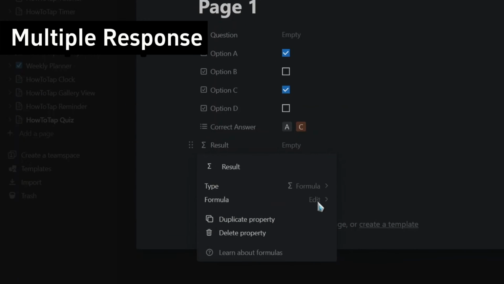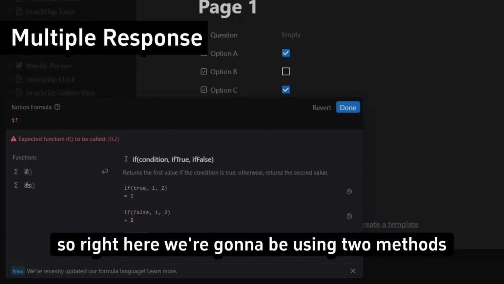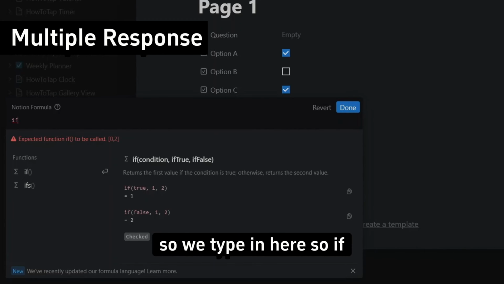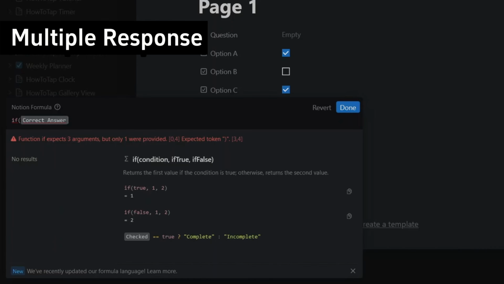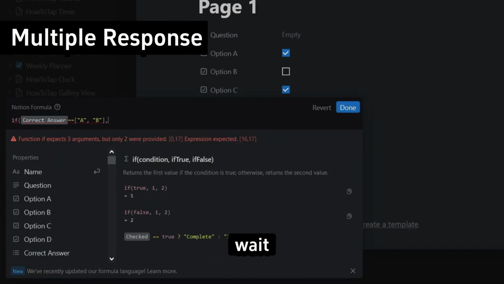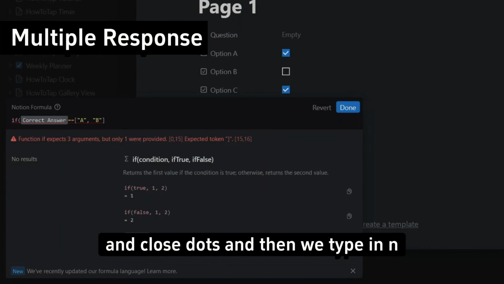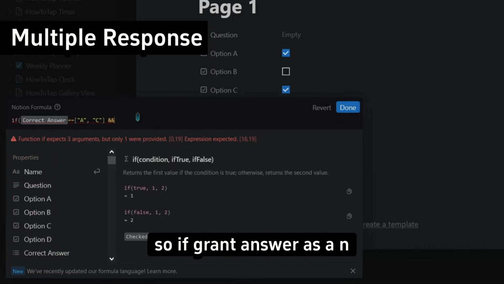Edit formula, and then we're gonna type in the formula. So right here, we're gonna be using two methods. So we're gonna type in here. So if the correct answer has A, B, and we're gonna close that. Wait, and close that, and then we type in N. It has C, so we're gonna type in C. So it's A and C. So if the correct answer has A and C